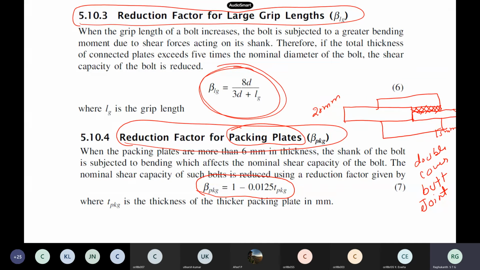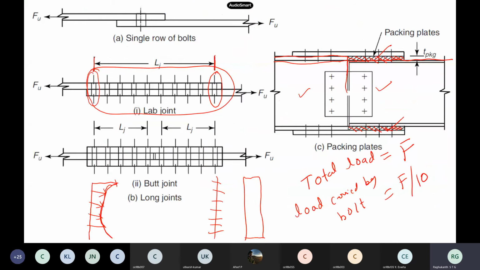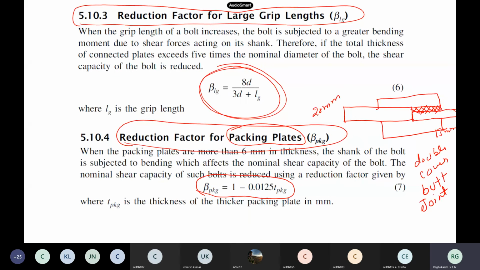The shear strength of a bolt is perfectly fine, but you have to reduce it for three things. One is for long joints, because the forces will not be uniform. Then you have a large grip length, because bending moment comes, and bending moment and shear force are interlinked through derivatives, so this also will be reduced. Then if you have a packing plate, but this problem is very special, where you are joining two main plates of different thicknesses, we may have to do this in practice. Then a packing plate has to be provided, its thickness will be the same as 20 mm itself, but then also your shear strength will have to be reduced. So these are the three multiplying reduction factors for the shear strength.